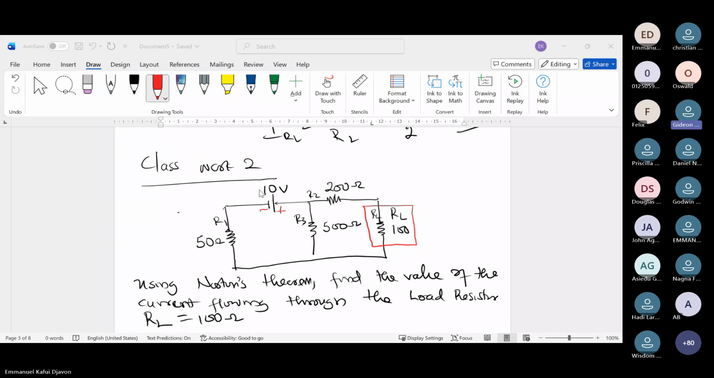Let's ask you. When you remove the load resistance, the 200 ohm resistor is going to be what? Void. Are you understanding something? So if the 200 ohm resistor is void,